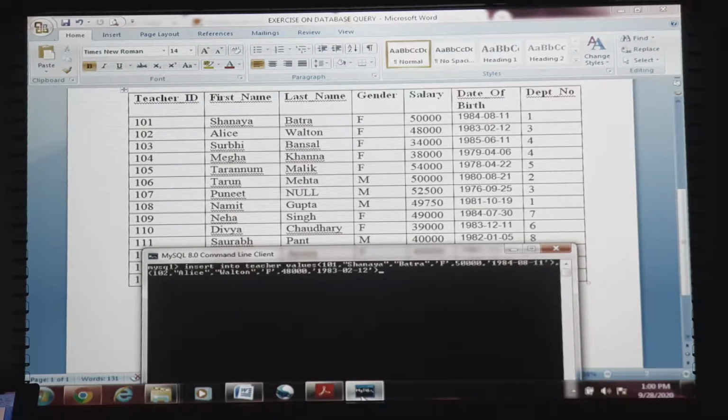Like this, we will insert multiple tuples of our relation. Today I am simply depicting how we can insert multiple rows into our table using the insert command. In our next discussion, we will go ahead with different commands such as group by, order by, and so on.